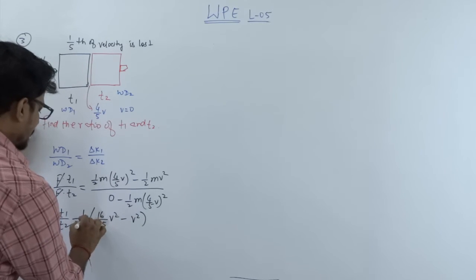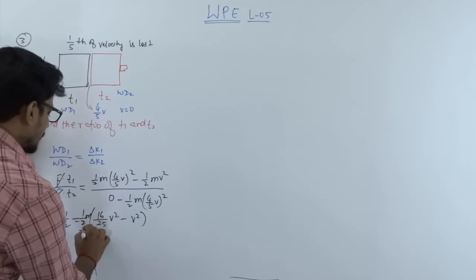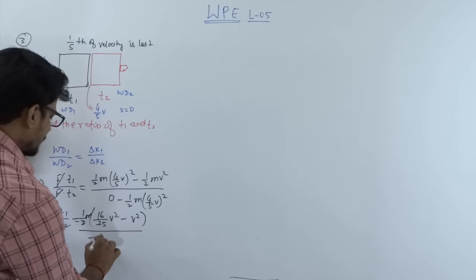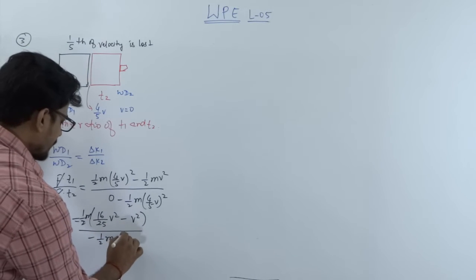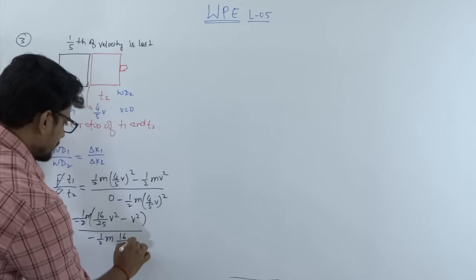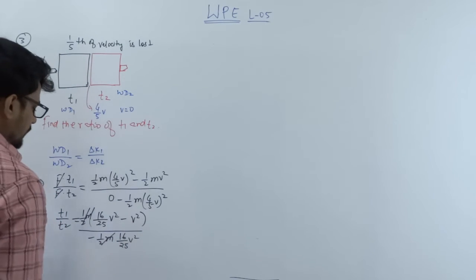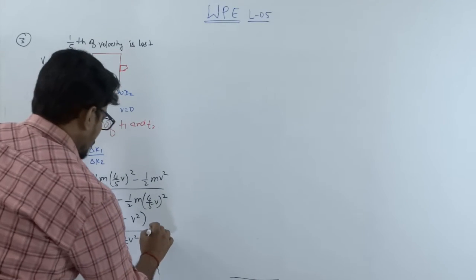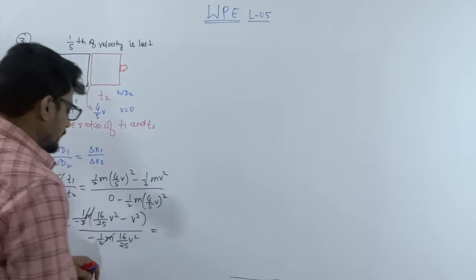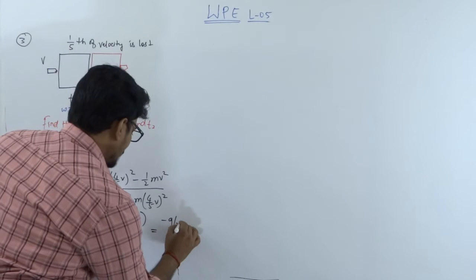You can take half m common, and down we should have negative half m 16 upon 25 v square. This should be cancelled, even v square should be cancelled, and we should have negative 9 upon 25,